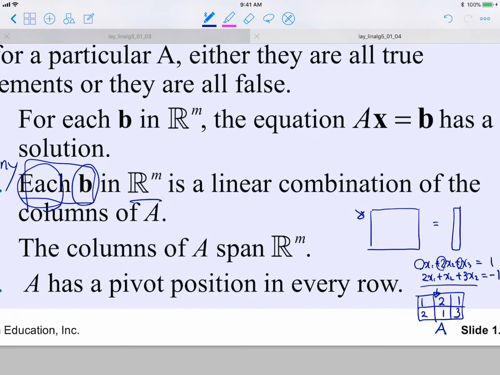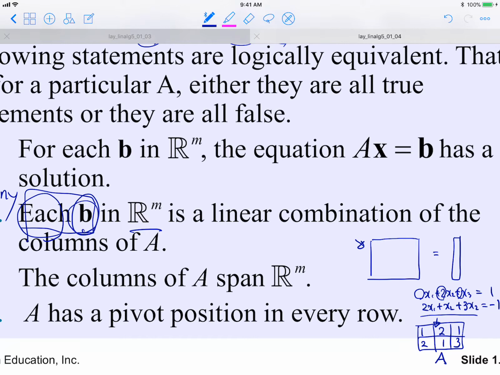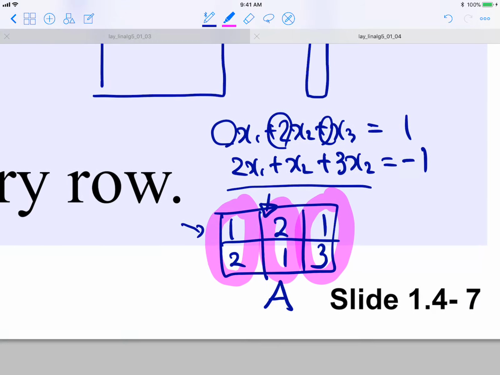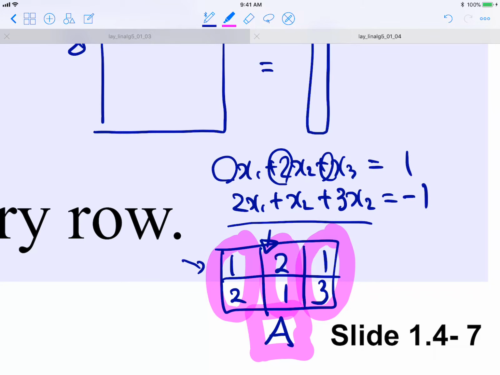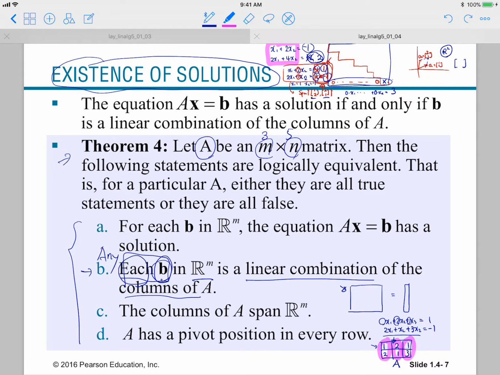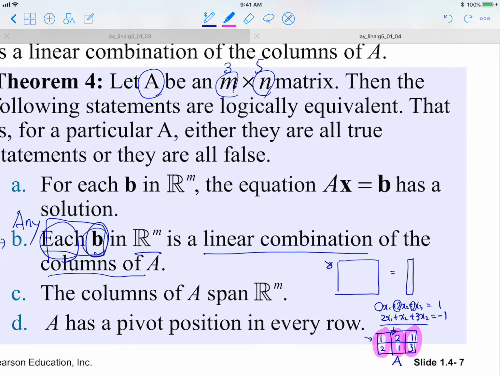So in this case, any vector b is a linear combination of the columns of A, which means, in this coefficient matrix, what are the column vectors, or the ingredient vectors, to form the linear combination? These vectors will be the columns in our matrix A. So item B is saying that any vector b in this two-dimensional space